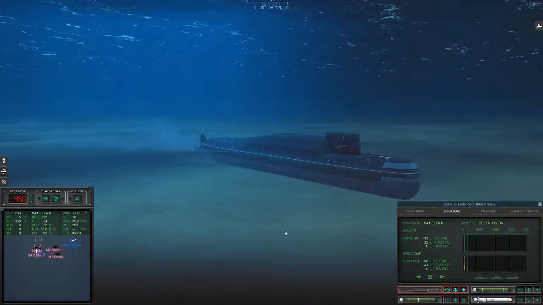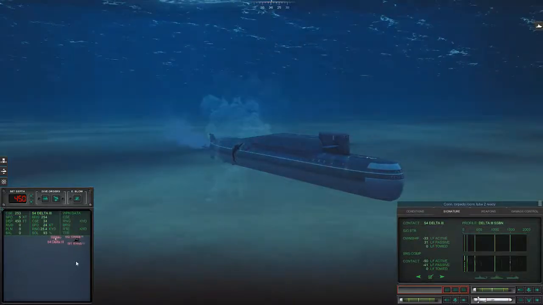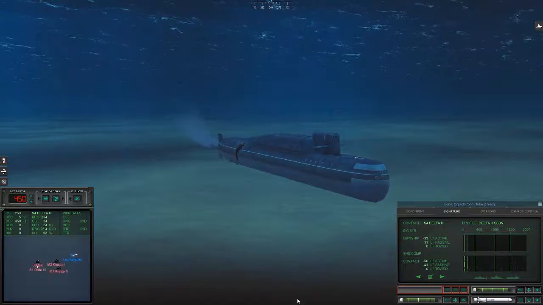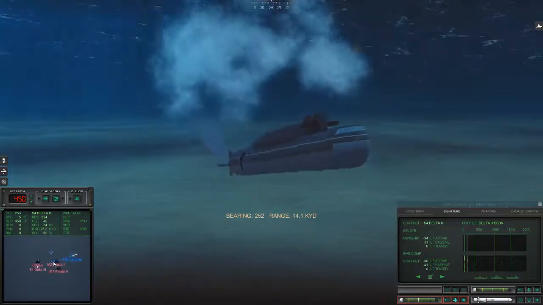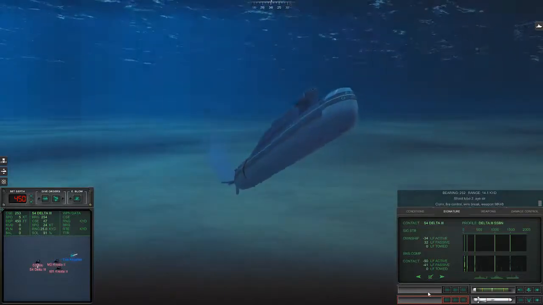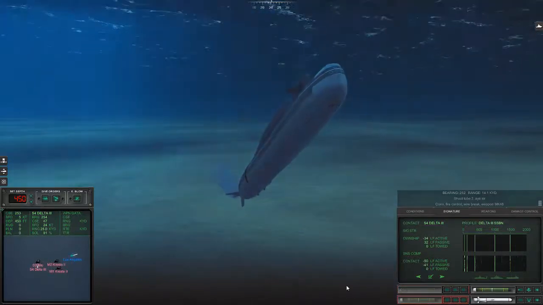And there's no evading this one for him. Hits him right behind the missile compartment there, and he's obviously taking on water because he does an emergency blow and starts heading towards the surface as quickly as he can. Now I fired a second torpedo because it's obviously going to take more than one to take the Delta 3,